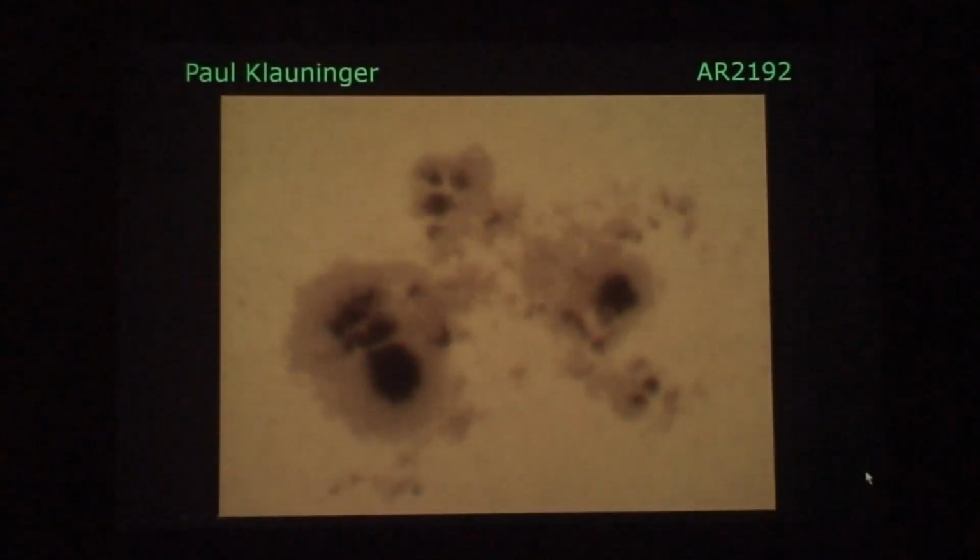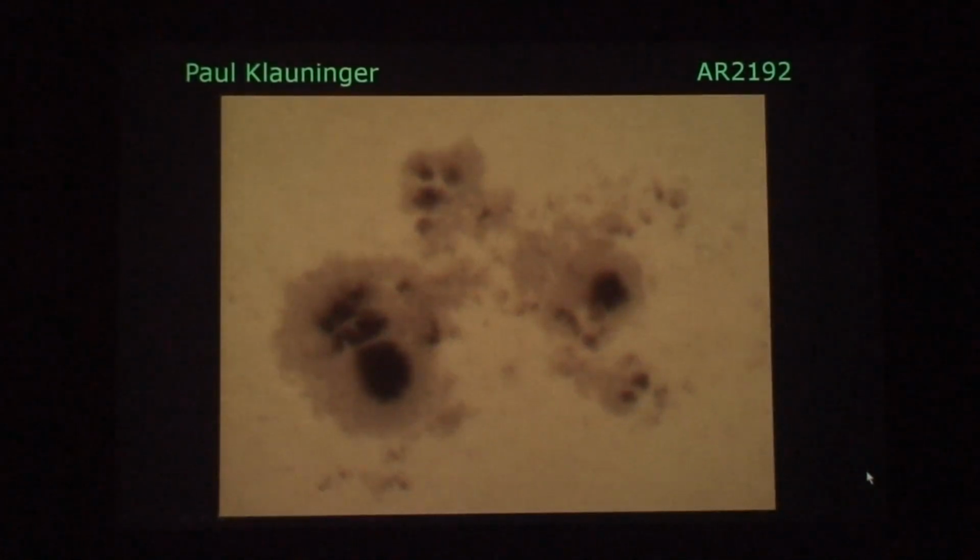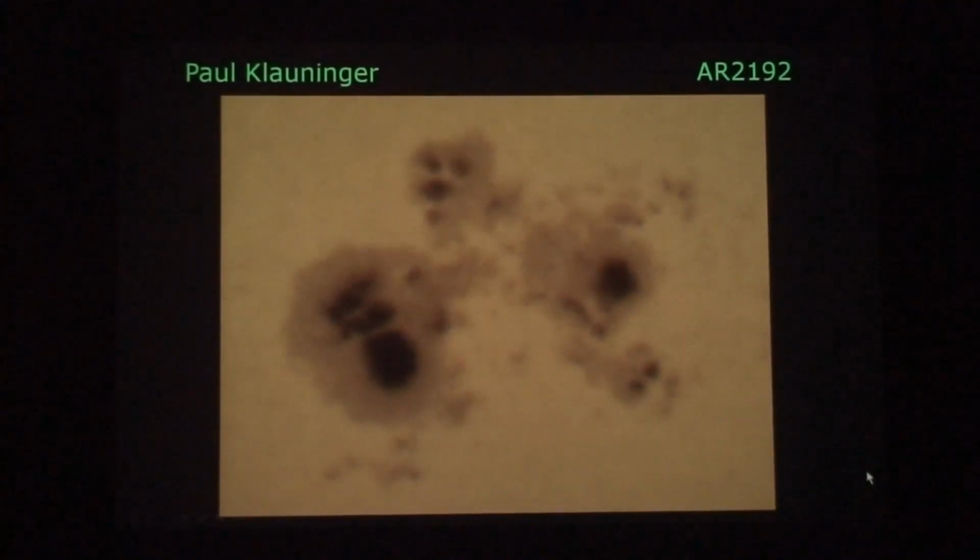Oftentimes in our part of the world, it's actually better to view with a smaller diameter telescope because there you're looking through a smaller column of air. You get less distortions. I was using an 11-inch for this, and who knows, maybe the video would have been a bit more stable with a smaller scope. But anyway, that's what I was running because I wanted to try to get the high-resolution definitions of this.